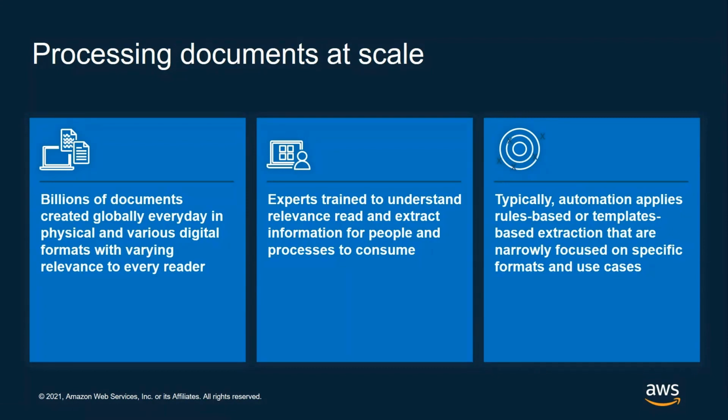So the first point here, billions of documents are created daily. Gartner states that there's 25% growth in paper each year, which to me sounds like not a lot, but when you really think about documents, that's a lot of documents that are created every year. And with that, they come in various types, formats, and layouts. Some have dense text, like legal contracts. Some have a mix of a little bit of text and some tables, while others come in more table format, like invoices and receipts, and even a receipt comes in different formats. This makes it really difficult for our customers to process documents at scale,